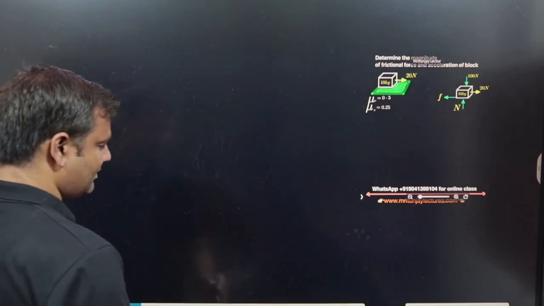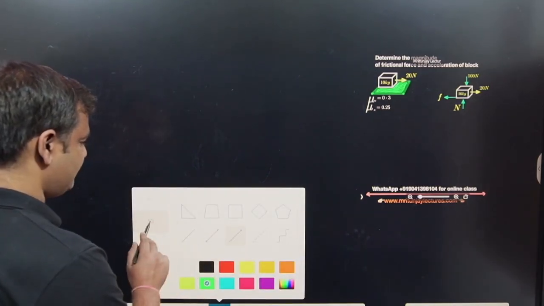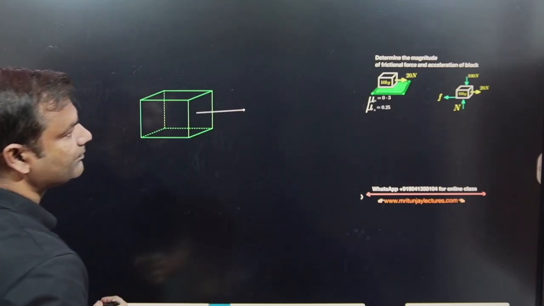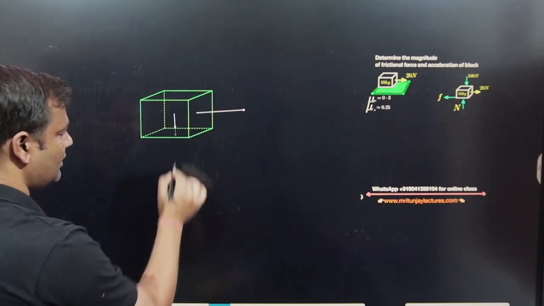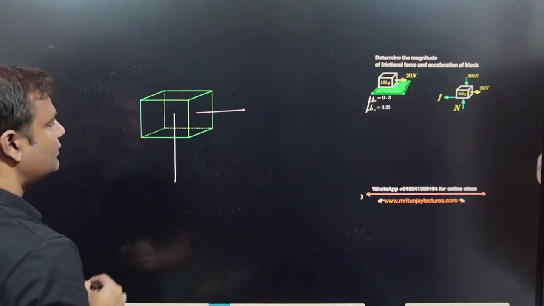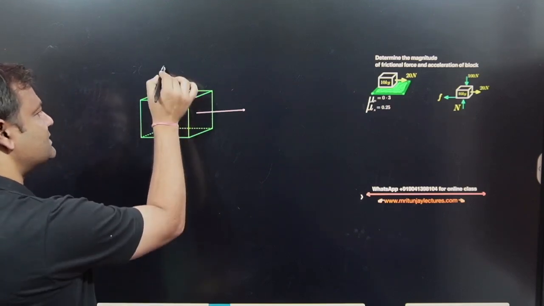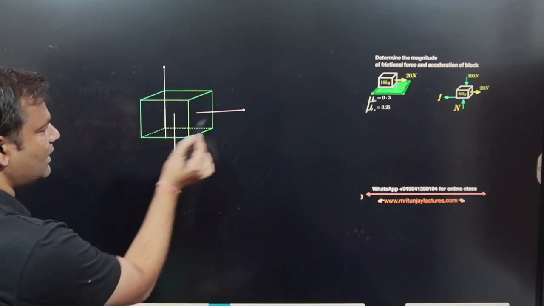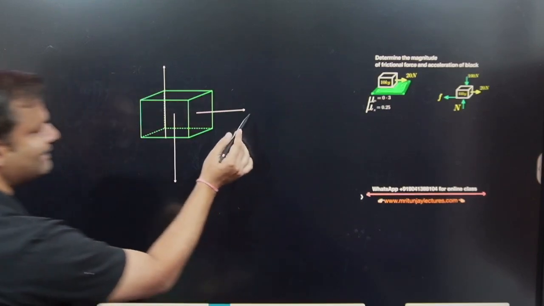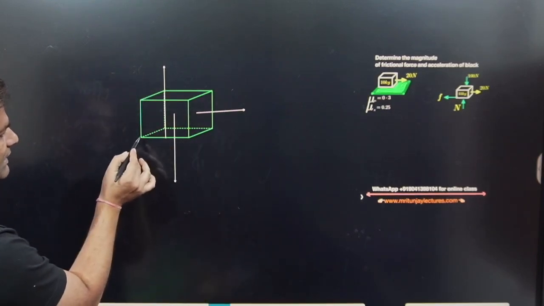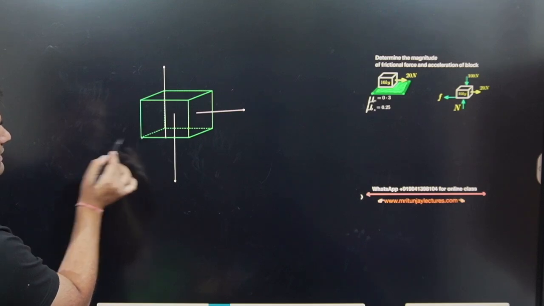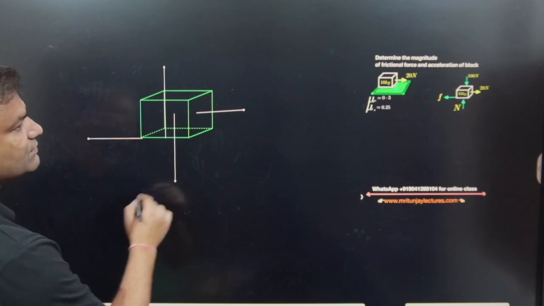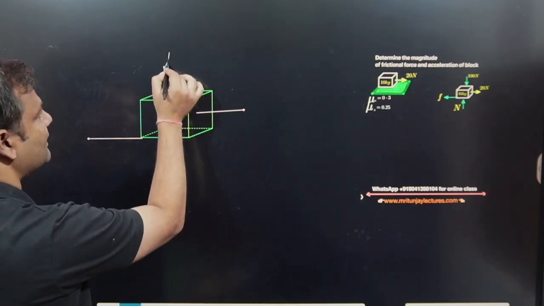Simply make a free body diagram of that block. Here 20 Newton. mg always works in the downward direction. Normal force applied by the surface is always perpendicular, represented like that, and frictional force is always opposite to the applied force. So frictional force is represented here in this direction. Okay. So normal force applied by the inclined plane,